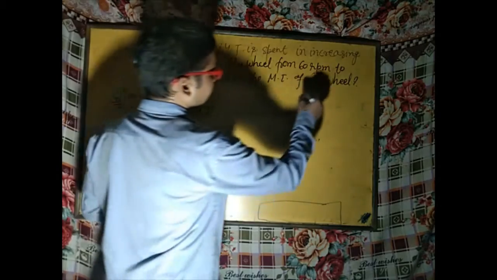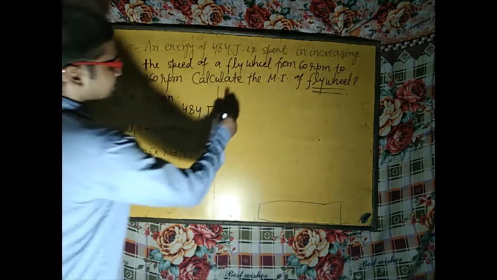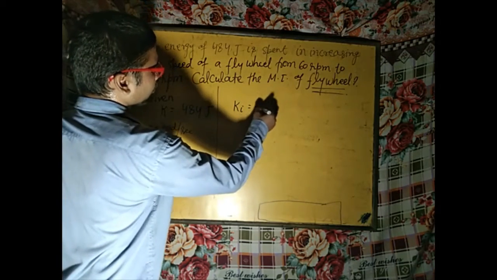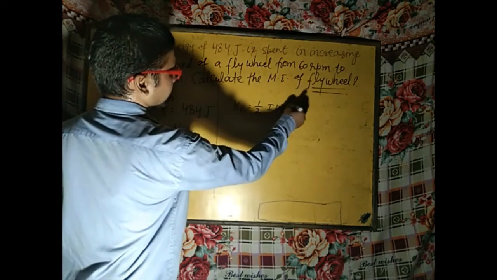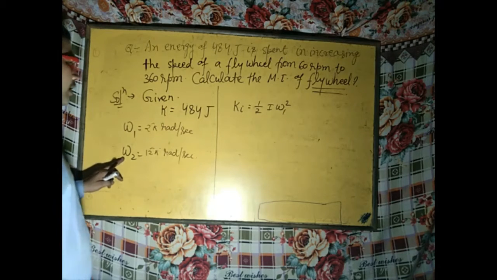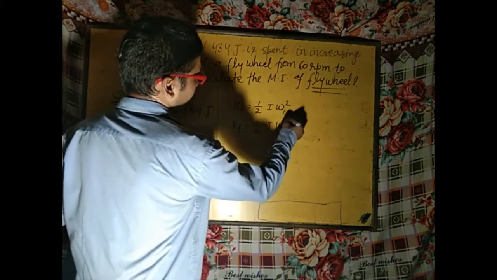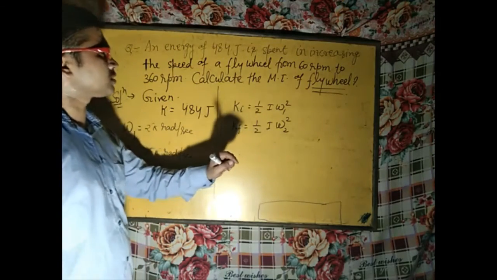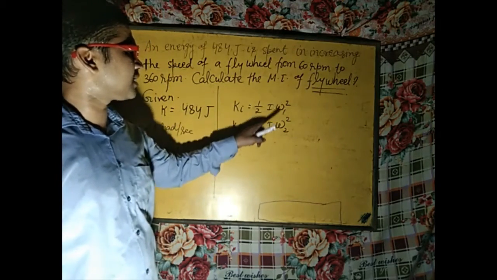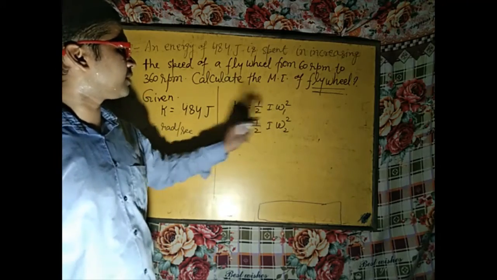Now since the flywheel is same, because we are considering the same flywheel, when its angular velocity is omega 1, then its initial kinetic energy K initial is equal to 1 by 2 I omega 1 square. Okay, now when some work, that is this amount of work, is done on the flywheel, its angular velocity becomes 12 pi. So K final, kinetic energy of the flywheel, becomes 1 by 2 I omega 2 square, because the flywheel is same, so its moment of inertia is same. Okay, so I is same here.